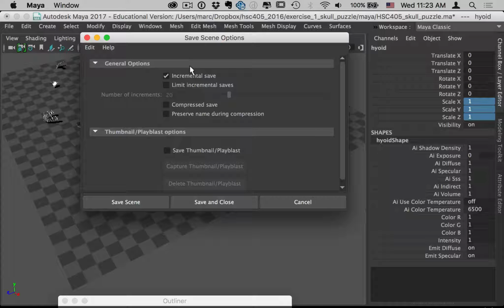So what does this mean? When you're working on a paper or something and you're saving the file, you say, Nietzsche's view of I don't know. And then you do version 1, version 2, version 3, as you go along, or put dates on it or something. What Maya does is automate this process. So every time you save, it just saves the file you're working on, but then in a separate folder saves a backup of it. So if you save again, then you've got a newer version plus a copy of that, and you go on and on. You've got increments. So you want to make sure that's turned on and just say Save Scene,